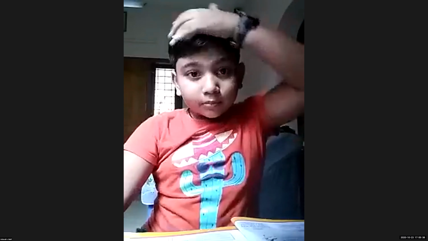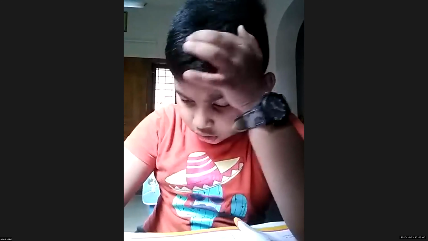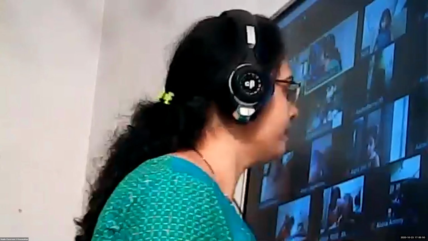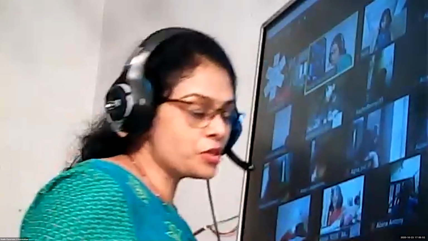Copy down the previous two exercises in your page number 8. I hope all have copied down the exercises to your workbook that we learned in the previous class, the word groups and the word play. Yes. Now, today we are going to learn 2 writing skills. One formal writing and the second one is creative writing.